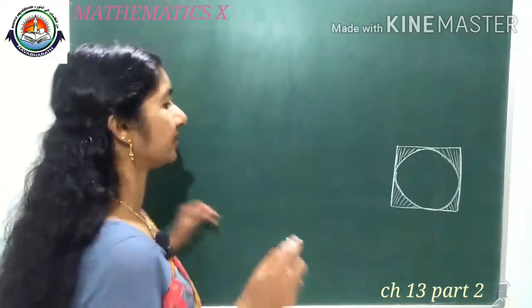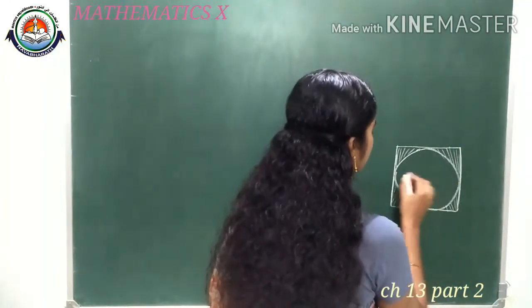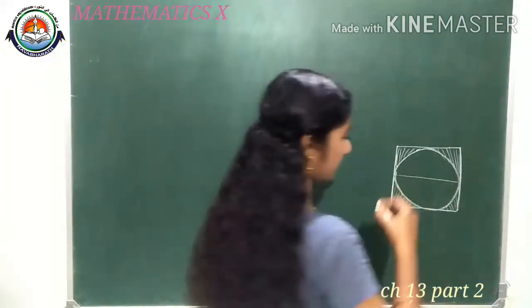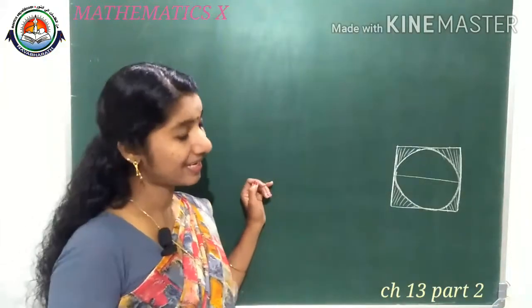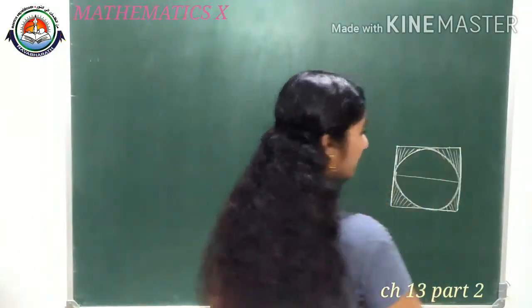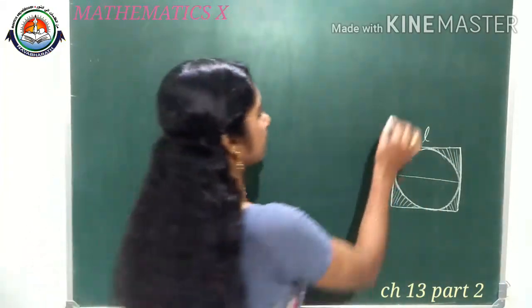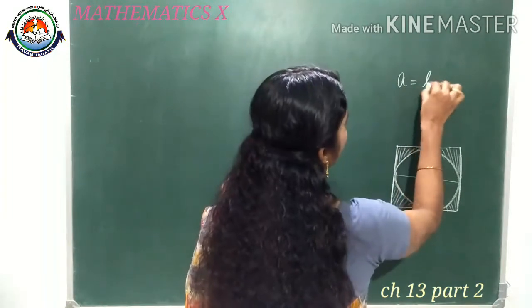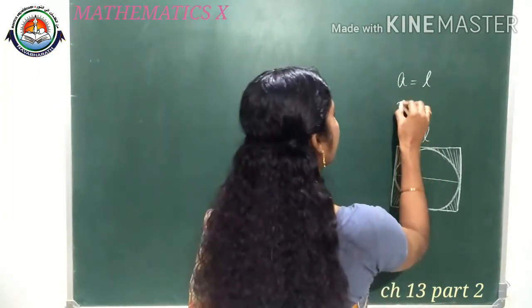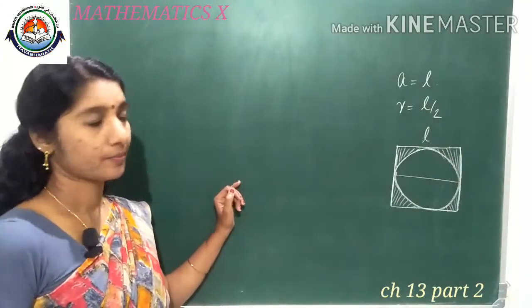So we need to find the total surface area. And the information is given. The diameter of this circle shape, that means this hemisphere, is the same as the edge of this cube, and it is given, that is L. So we can write side a = L for the cube and radius r = L/2 for the hemisphere.